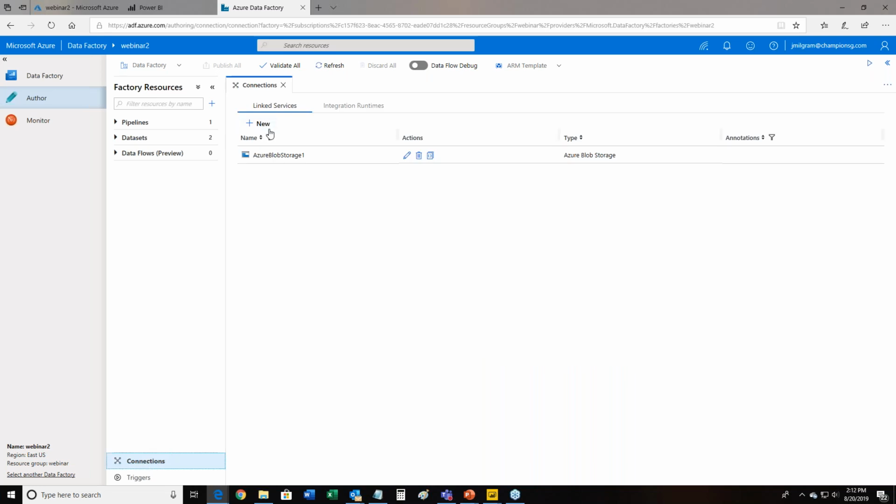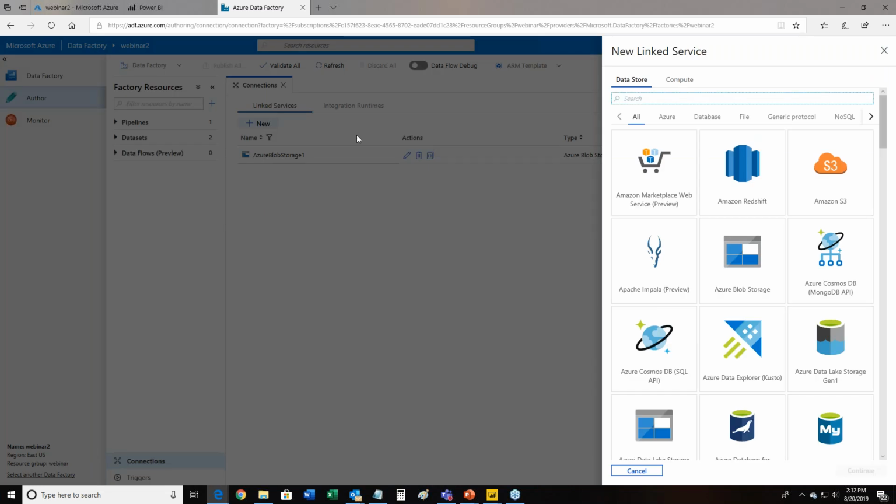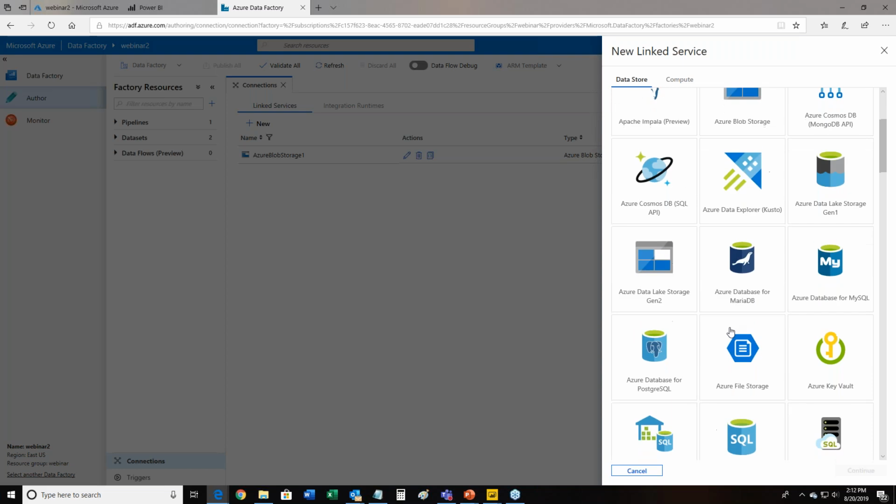I have one already, but I'll just show you how to create a connection. And immediately, as soon as I do that, you already see, hey, wait, here's Amazon Redshift, here's Amazon S3. And you're like, hey, those aren't Azure products. And that's the whole point of Data Factory.